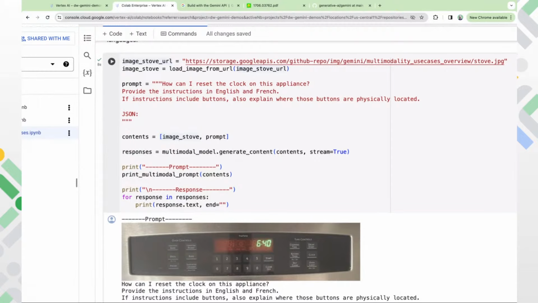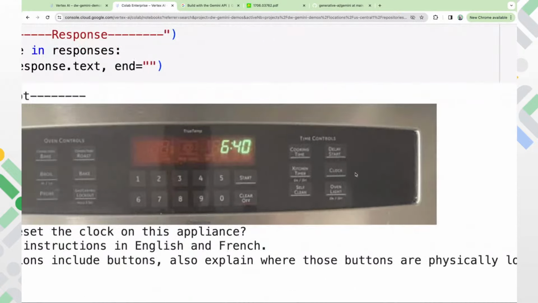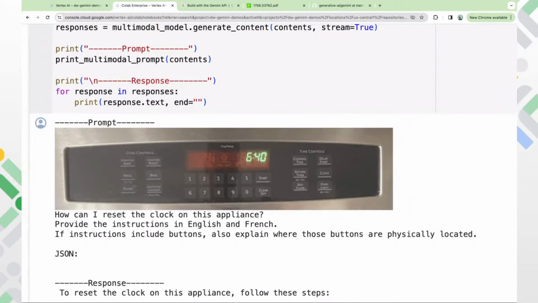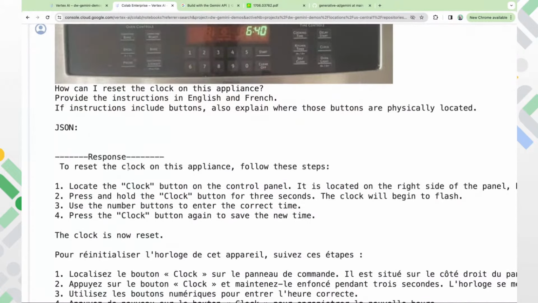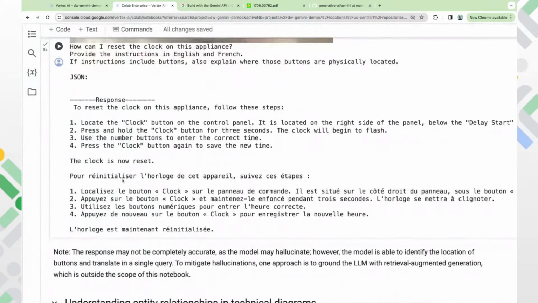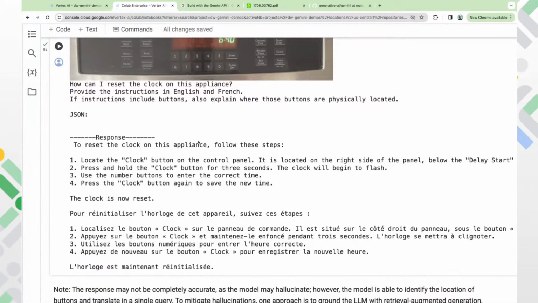We have an image of the stove and then the prompt, and then we're generating the contents. And then, so this is the image of the stove itself. You can see there's a little clock button right here underneath the delay start button. And this is just a photo that somebody took of their stove. So how can I reset the clock on this appliance? Provide the instructions, and then it's actually giving us a JSON result back as well. I believe this, sorry, this one doesn't give us JSON, but it does explain to reset the clock on this